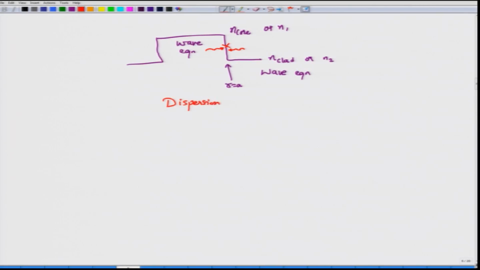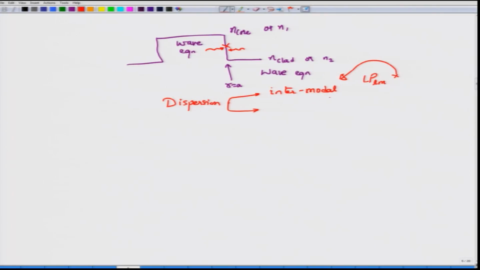We can show, and we have indeed talked about it, that dispersion in typical step index optical fibers, or in general in optical fibers, can be classified into two types. One is called the intermodal dispersion. Intermodal dispersion occurs between two different modes. We recall that the modes are typically represented as LP with subscript l m, or nu m, whatever subscript we have used, and there will be different modes, and these different modes talk to each other, giving rise to intermodal dispersion.